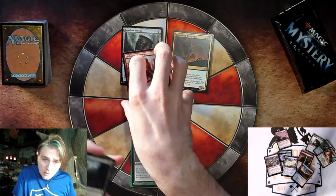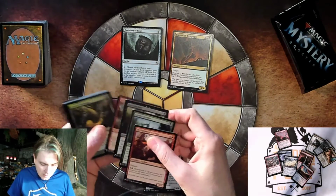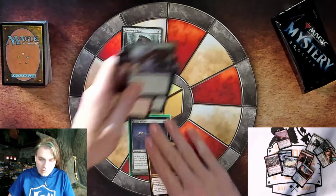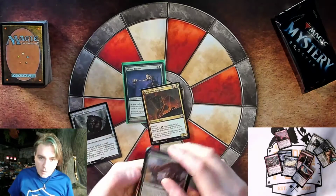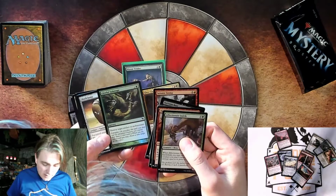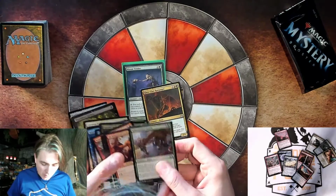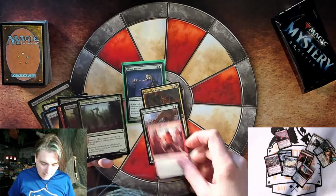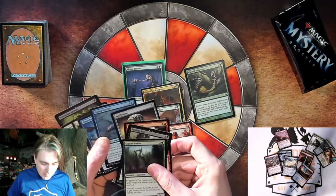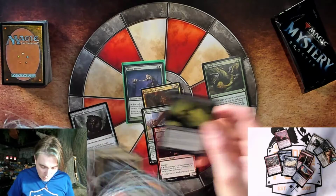Like I said, first choice would be Bloom Tender. Second choice would be the Affectionate Indrik. Now, if it came around, I would pick the Gore Clan Rampager as my second choice, because then I'm going to force myself into Gruul. Because Gruul's pretty good. Then I've got a whole pile of things I can pick if I'm going to be in Gruul. Then I can pick the Indrik. I can pick the Cyclops. I can take some removal if I need it. But most importantly, if I wanted to splash into a third color, I could go for...